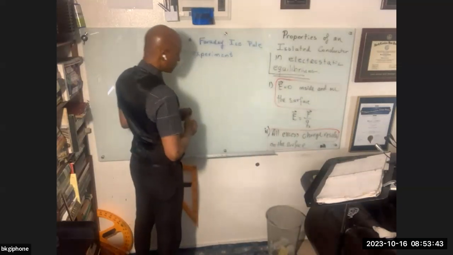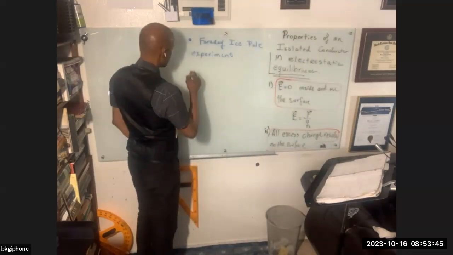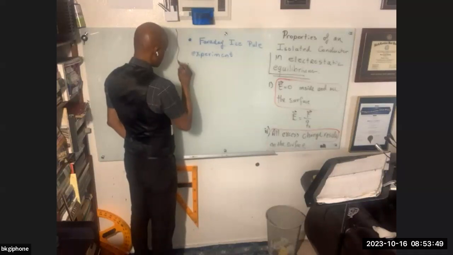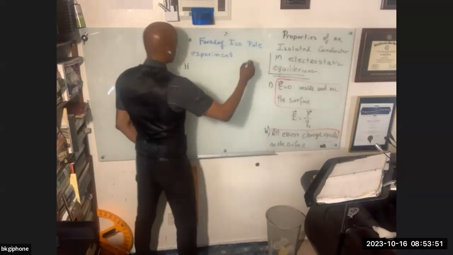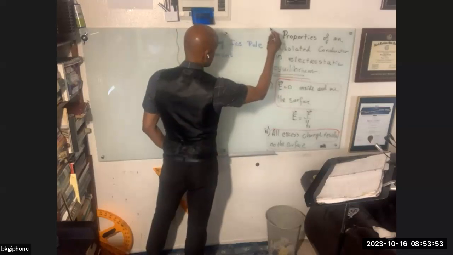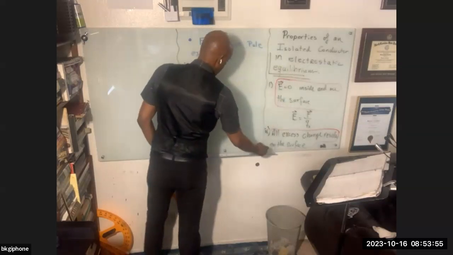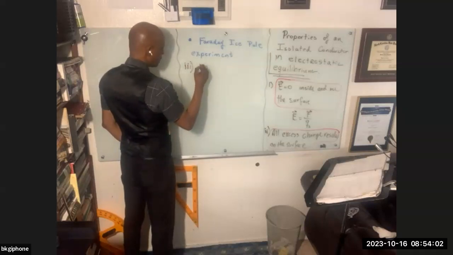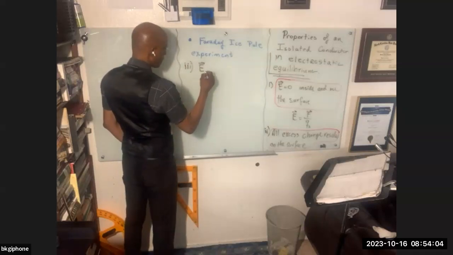The electric field, any external electric field, must be perpendicular to the surface. Now we've said that as a property, we talked about that back when we looked at electric field lines, but I don't think I justified why. And here we can do so, we'll do so now. So E, external,